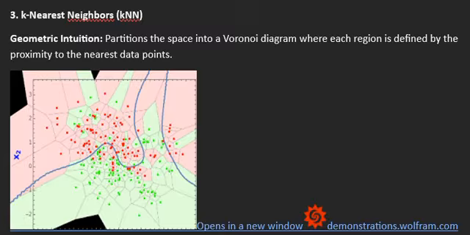Maybe red, this is red, this is maybe blue, and we have different groups, say red, yellow, and blue. So how it works is that when you put a new point and you want to classify it as one of these 3 colors,